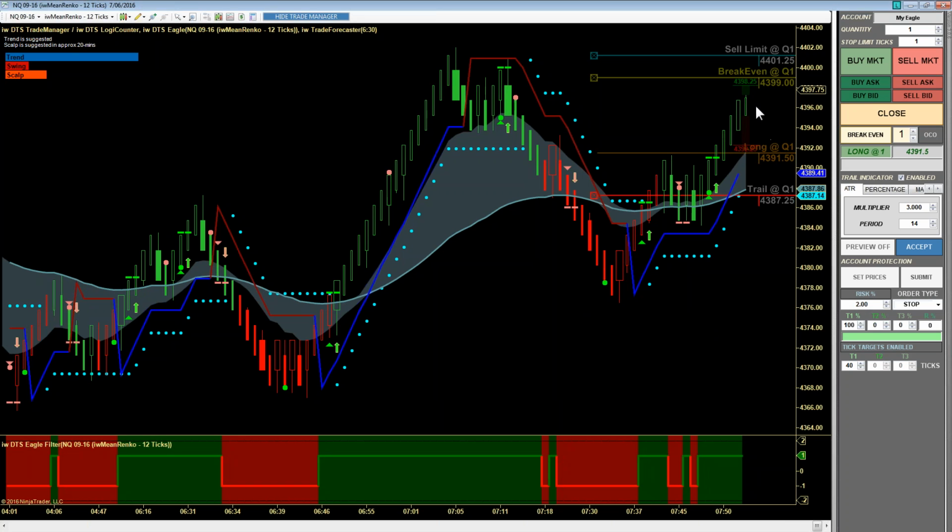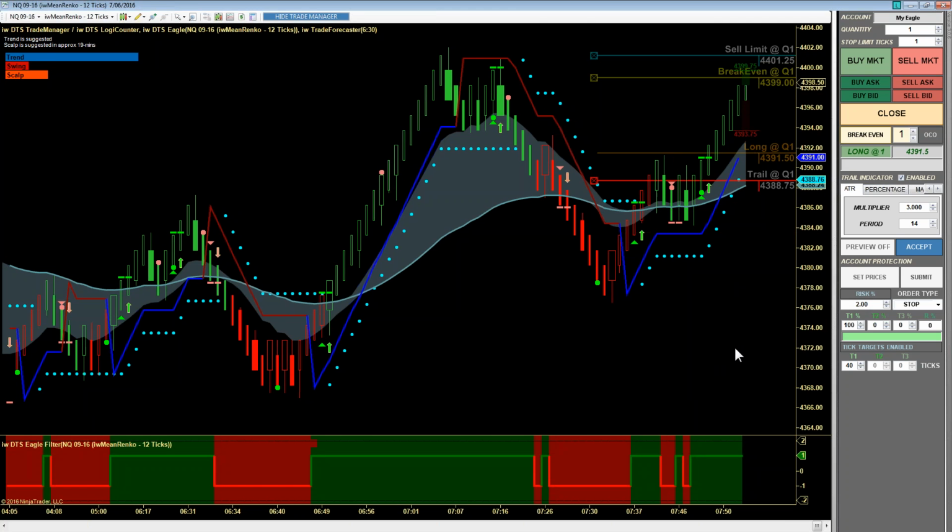And if I want to give the market more room, I can always manually pull the stop back. But if I want it to stay there, I need to remember to disengage the auto trailing, because as each bar closes, it will grab my stop and move it back to the current stop strategy. All right, so we've hit the break-even trigger,